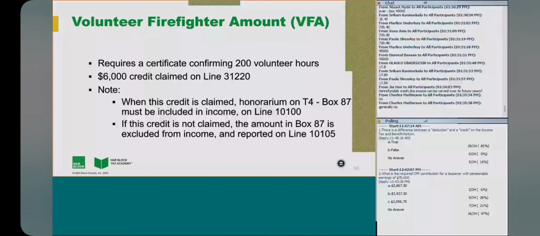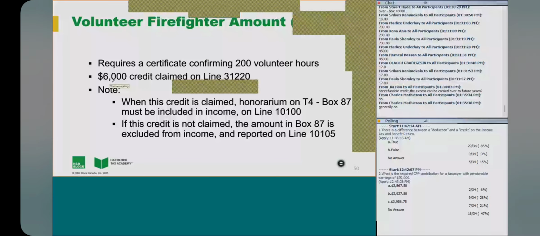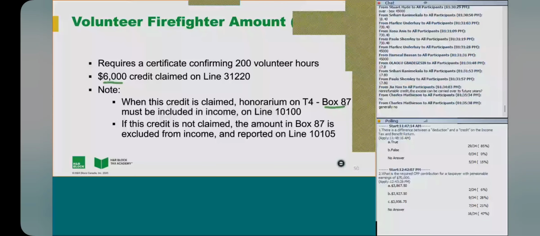When this credit is claimed, if this person has an honorarium in box 87 on the T4, remember we mentioned that in our last session, this can be an honorarium of up to $1,000, which does not need to be included in income. If, however, you are claiming the volunteer credit of $6,000, then you need to include box 87 in income. If you're not claiming this, any amount in box 87 is not included in income. It is reported on line 10105. Unlike wage loss replacement benefits, box 87 is not included in box 14 by default. All right, so